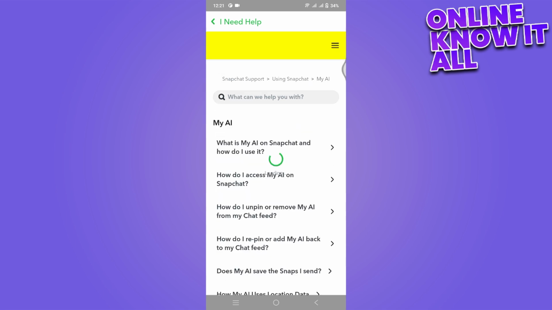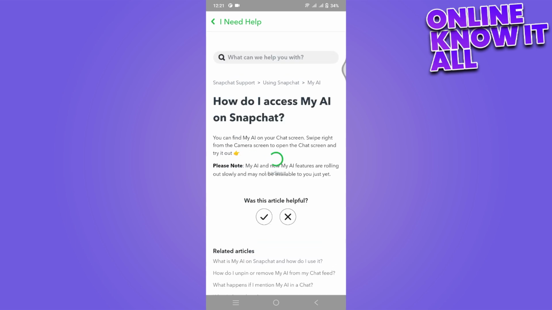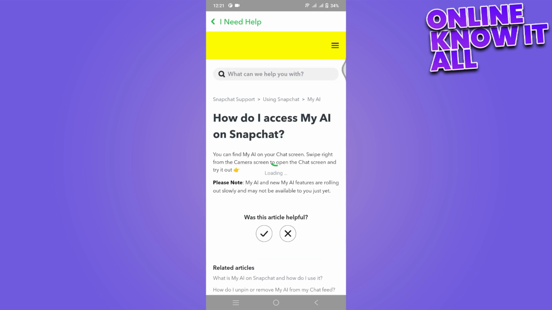Once you have entered here, as you can see, how do I access my AI on Snapchat, which is the second number. So simply click on that. So once you have entered here, as you can read, you can find my AI on your chat screen. Swipe right from the camera screen to open the chat screen and try it out. So on the bottom, as you can see, please note,